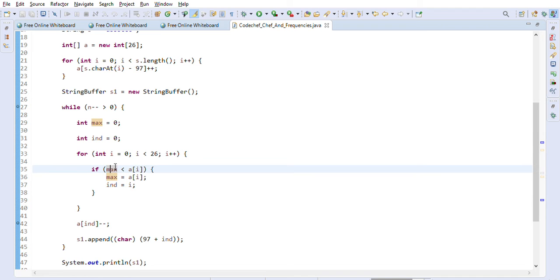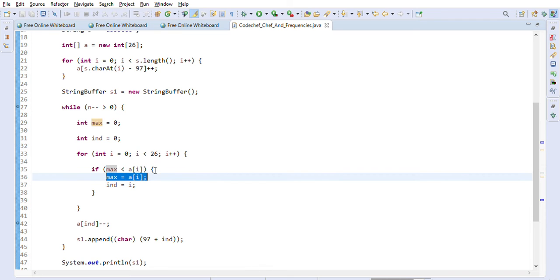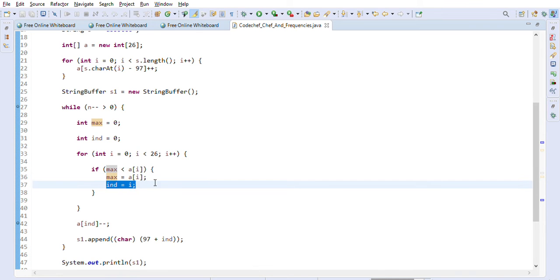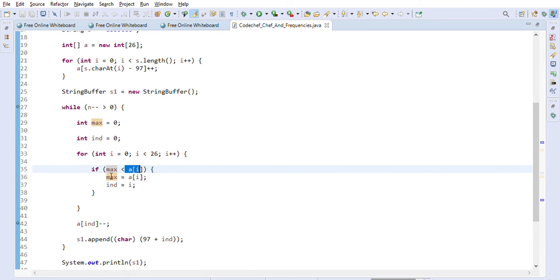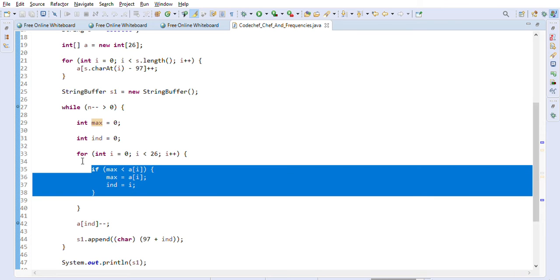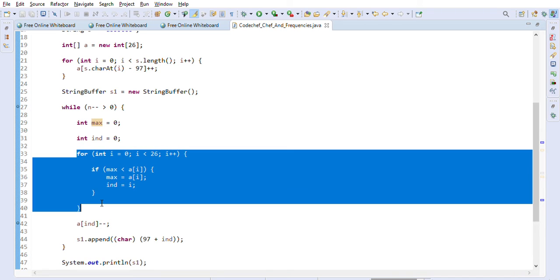If we are finding any frequency which is bigger than the maximum, then we will update our maximum and we will update our index, right? But only if it is bigger than the maximum, right? In this case the 3 is not bigger than 3, right? So we will not update the maximum. So maximum will be B in this case, right? B will be the maximum. Both have the same frequency 3, but we will choose B because B is lexicographically smallest. So this for loop makes sure that we are picking up the lexicographically smallest character here, right?